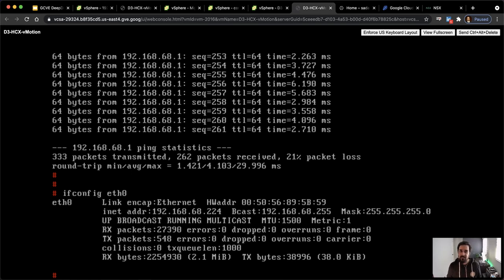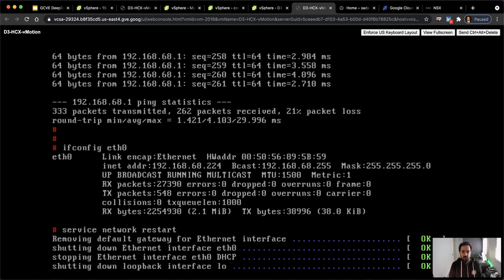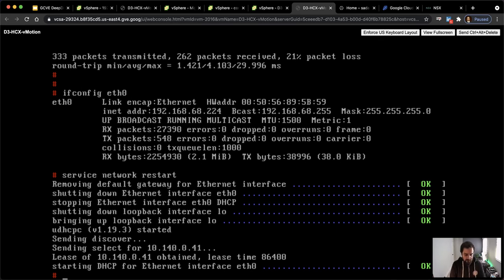However, we do not have the network extension. We have a completely different IP pool from NSX. So what we would need to do is give a restart, or rather, service network restart. So once I restart the network service on this particular VM, if I quickly check the IP address,